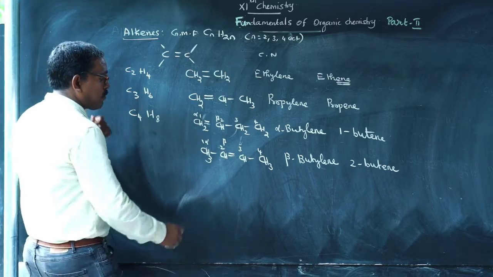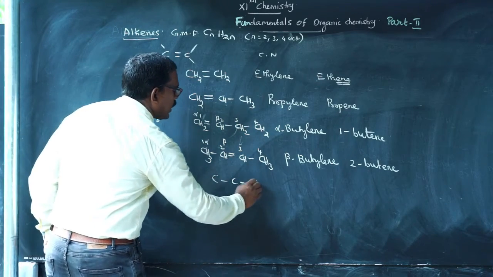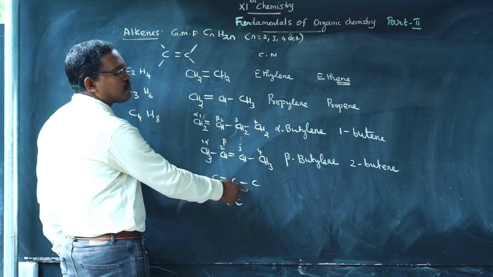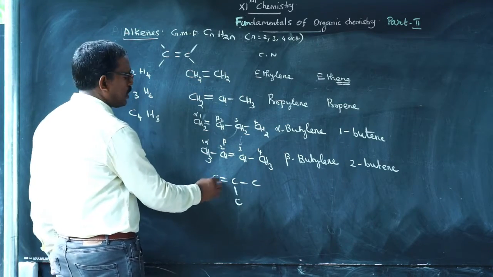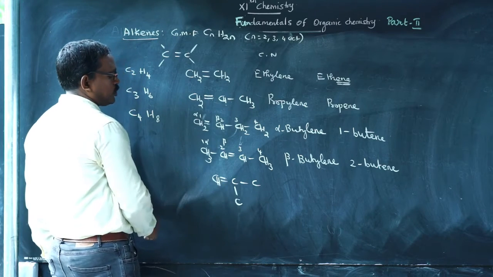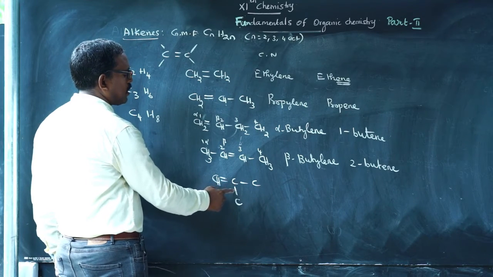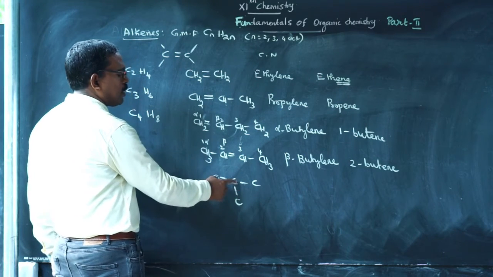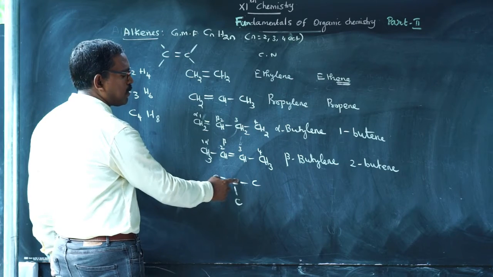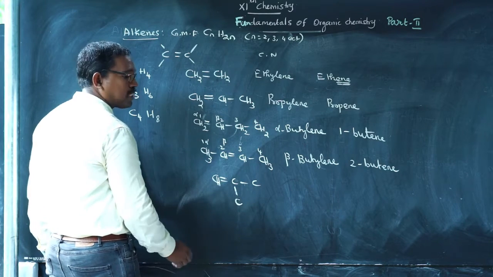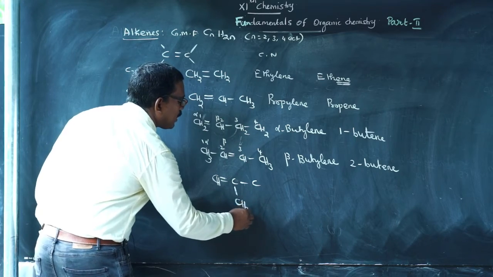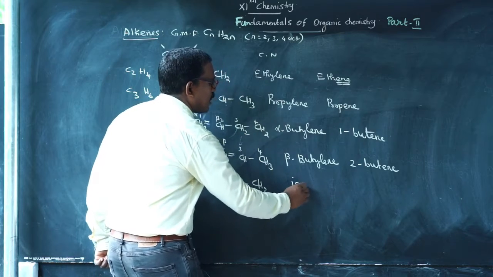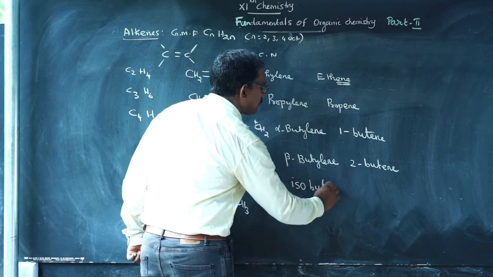And there is another isomer for this compound. Carbons 1, 2, 3, with another substituent. You can put the double bond at either this position or this position. Here this carbon is surrounded by 2 plus 1 plus 1, totally 4 bonds, so no hydrogen is necessary for satisfying the tetravalency. Therefore here CH3, here CH3. The common name of the compound is isobutylene.